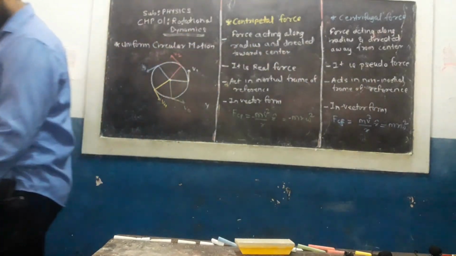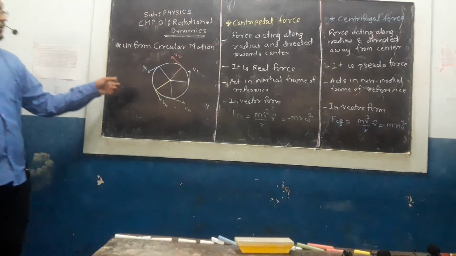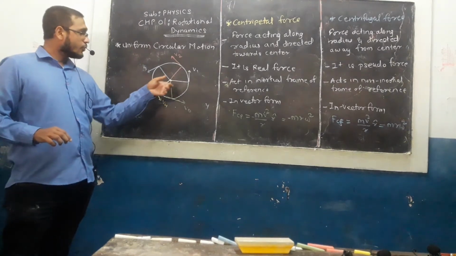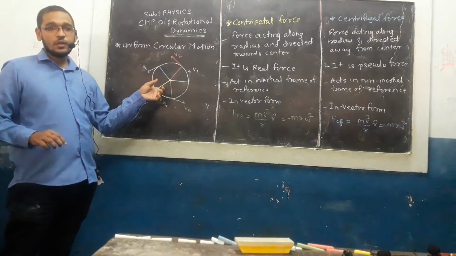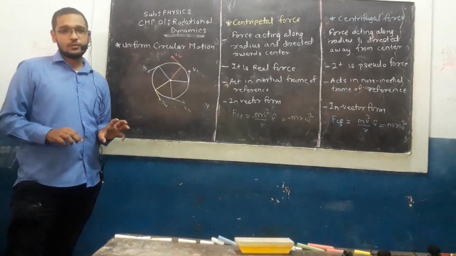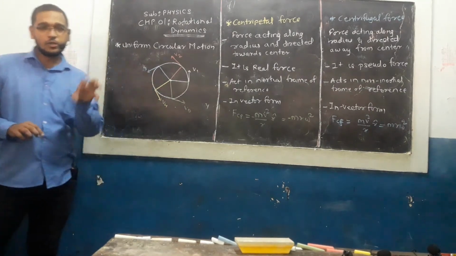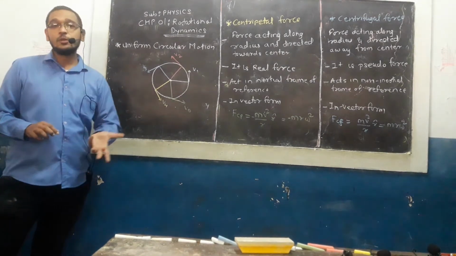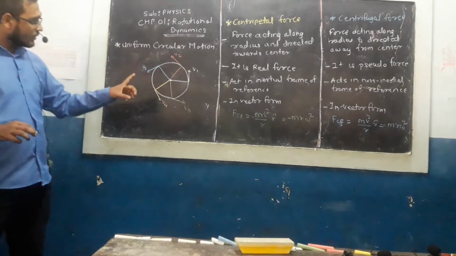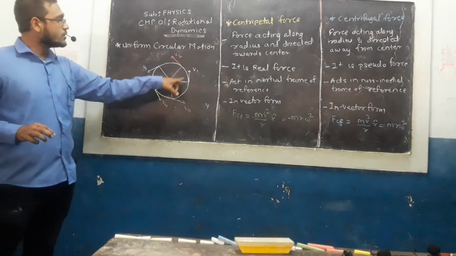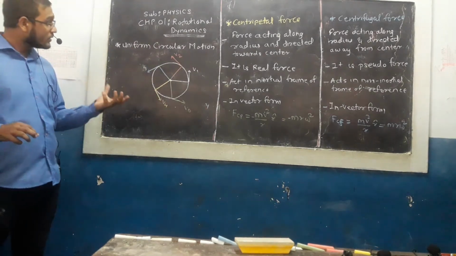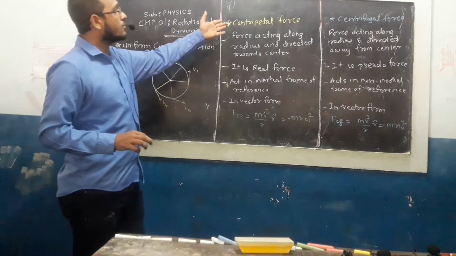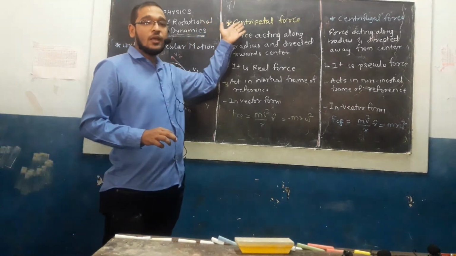Now, as we are learning about circular motion, when there is a motion in a body, something needs to be applied on it. A certain force should act on it, and only then will the body move. Otherwise there will be no movement. So for a body to perform circular motion, there is also a requirement of a certain force, and that force is nothing but centripetal force.